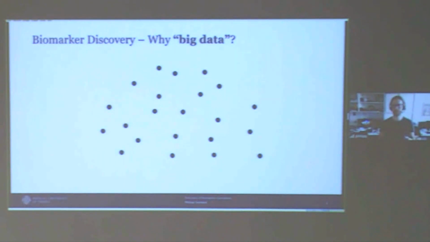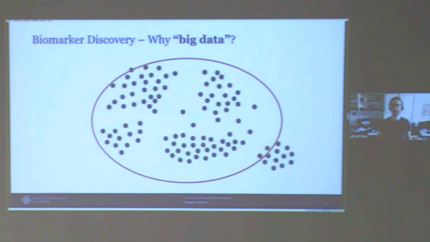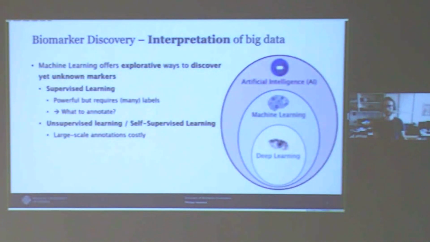So here we have a short illustration of why big data is important. If we have just a few data points or a few samples available, we may think, oh well, this is one cluster, so we can treat all of them in a similar way. But when we collect more data or more detailed data about patients, then we may realize, oh well, we have subgroups of patients, so we should treat them in a different way. And this then allows us to have this optimal treatment, to have precision medicine. So now, with big data, we also need to explore this big data.